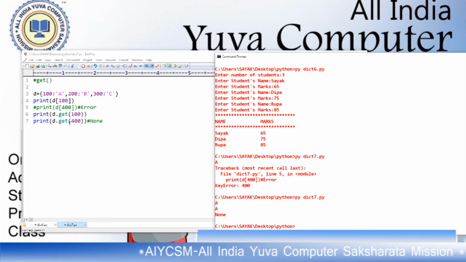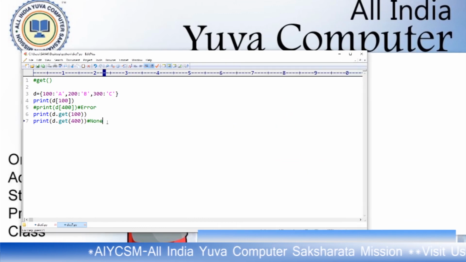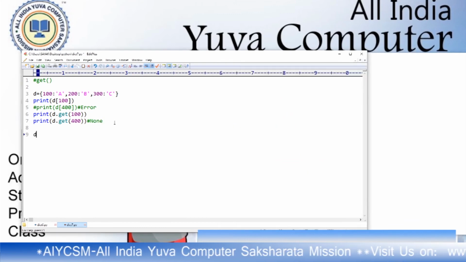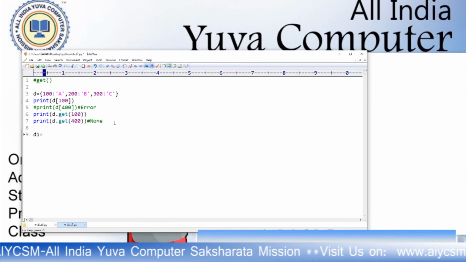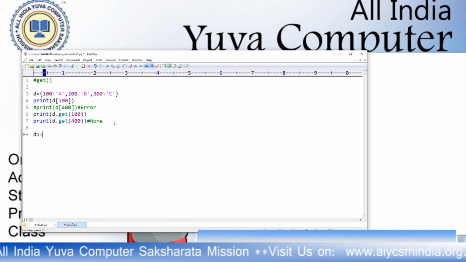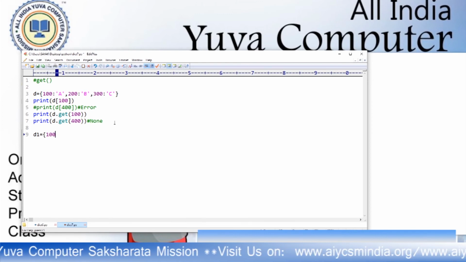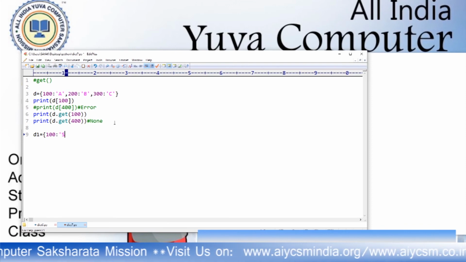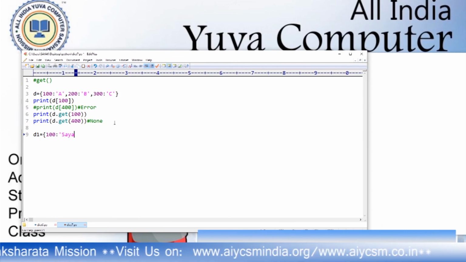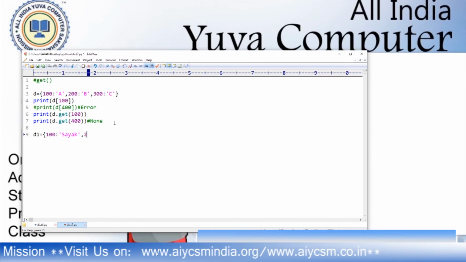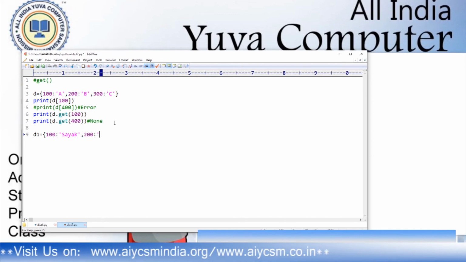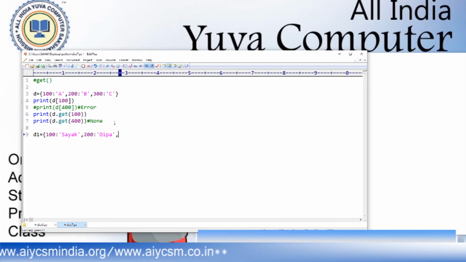If I have a dictionary like this, this is another example of how we can use the get function. 100 colon Shayok, comma 200 colon Pipa, comma 300 colon Shuma. That's it. That is my dictionary.